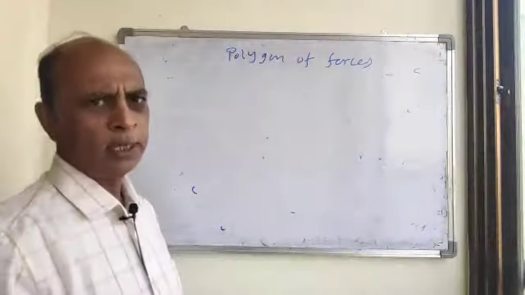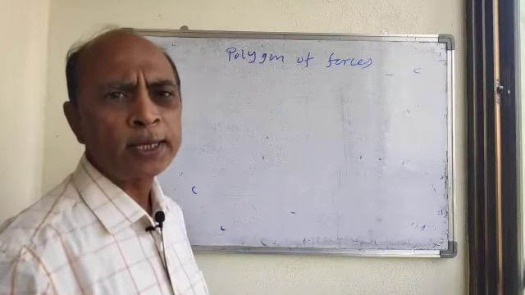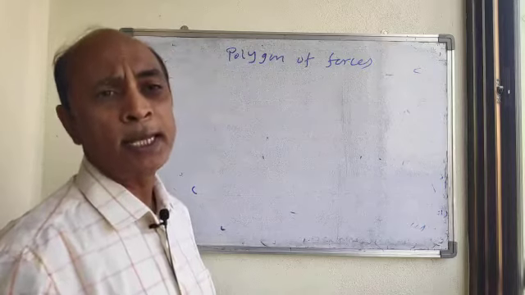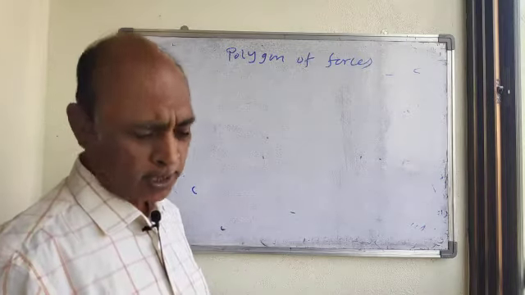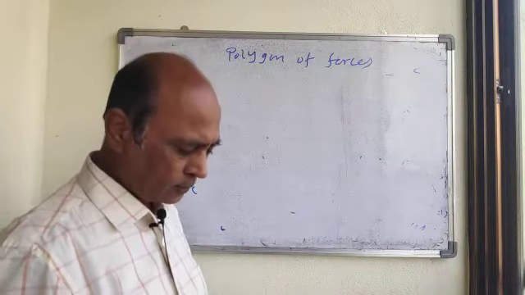Here we will prove this statement. The statement means if any number of forces acting on a particle are represented in magnitude and direction by the sides of a polygon, then the forces are in equilibrium. So let us prove this now.